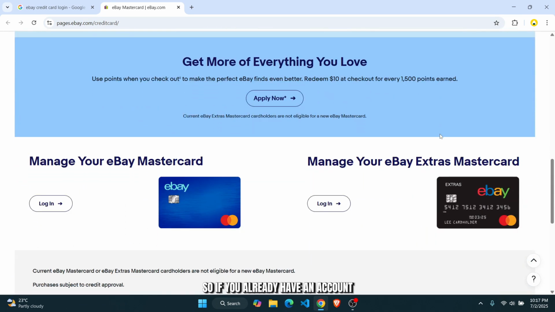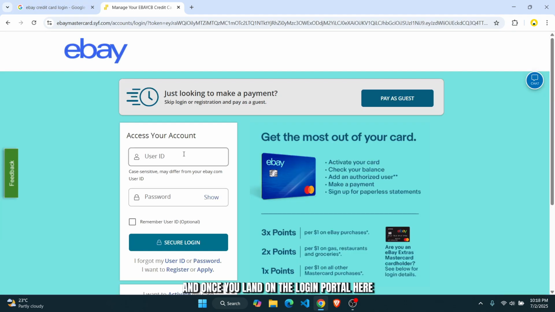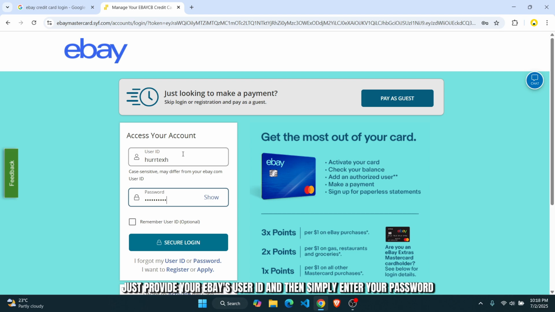So if you already have an account, you can manage your eBay Extra Mastercard from here. So click on this login button and you'll be taken to the login portal for your Mastercard or your credit card. And once you land on the login portal, here just provide your eBay user ID and then simply enter your